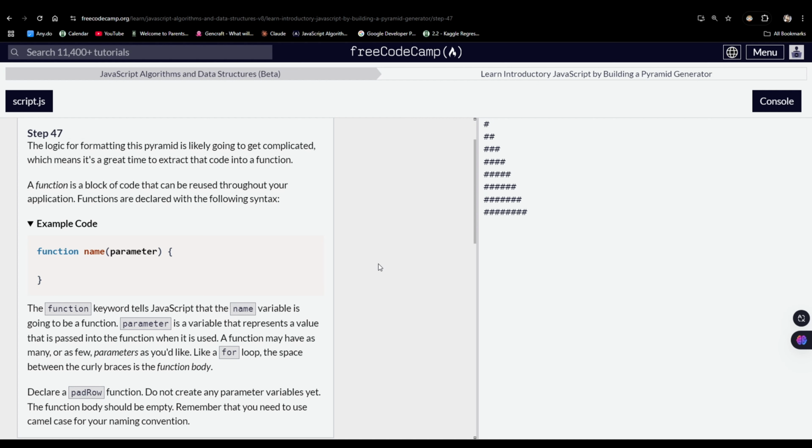The logic for formatting this pyramid is likely going to get complicated, which means it's a great time to extract that code into a function. So the word extract, in the field of programming or coding, is something between to separate a code from a larger code, or to transfer. Yeah, somewhere between those. So anyways, a function is a block of code that can be reused